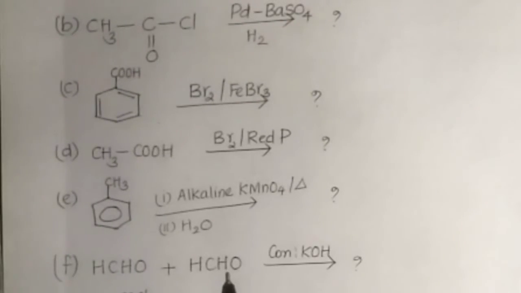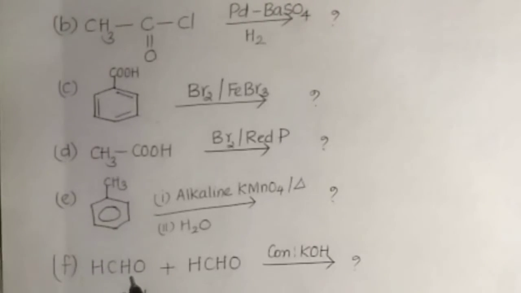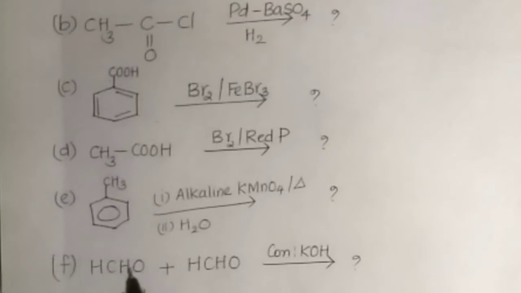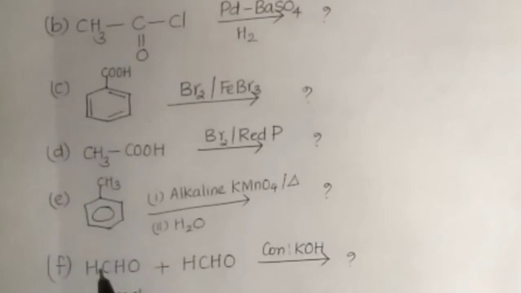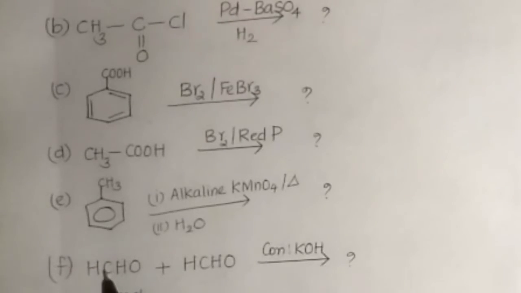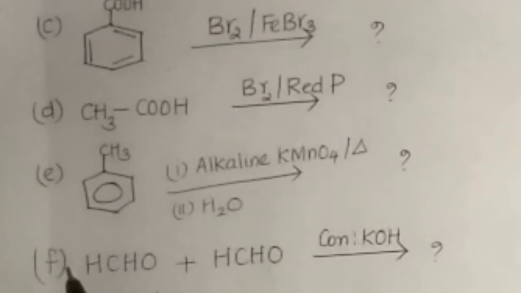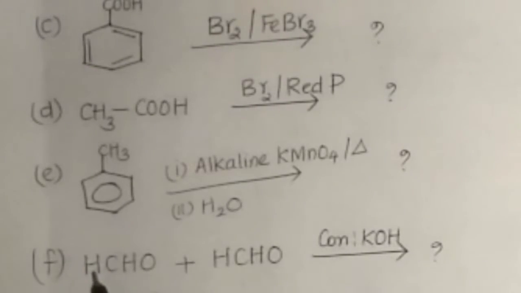Here two aldehydes reacted. So this is an aldehyde without alpha hydrogen atom. Without alpha. This is the functional group. There is no carbon attached to this functional group carbon. A carbon atom attached to this functional group is the alpha carbon. That containing hydrogen is alpha hydrogen.